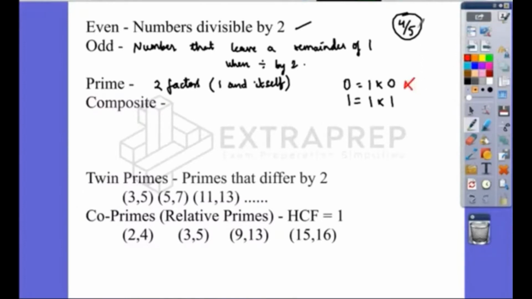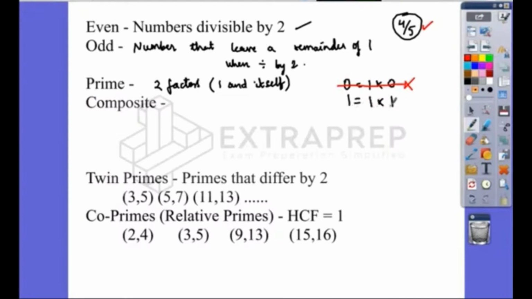For example, if I ask you a question like this, is 4 by 5 even or odd? See, that's a stupid question, right? You can define if a number is even or odd only if a natural number is given. So 4 by 5 is a fraction, so there's no such question at all. Similarly, prime numbers are defined only on a set of natural numbers, and since 0 is not a natural number, any question asking if 0 is prime is stupidity. So that's eliminated. Now let's look at 1.